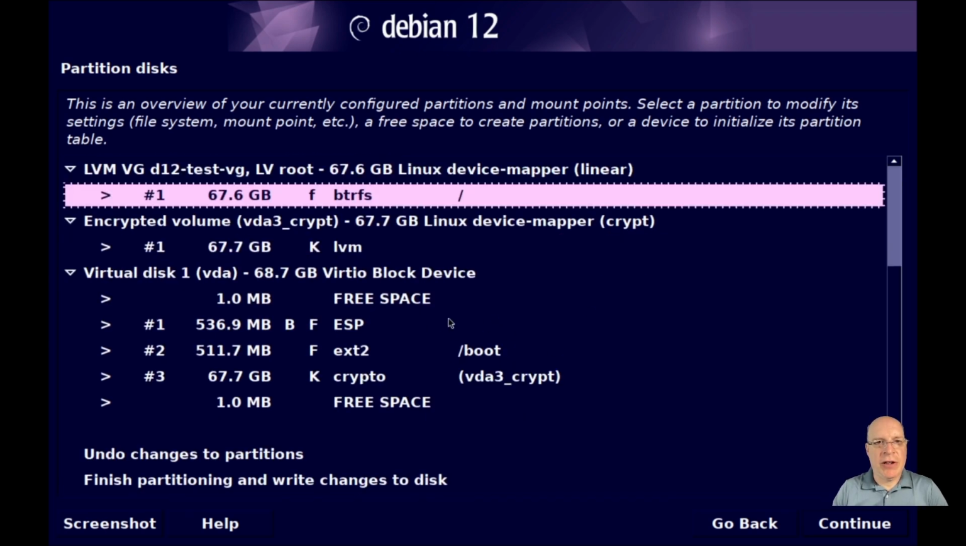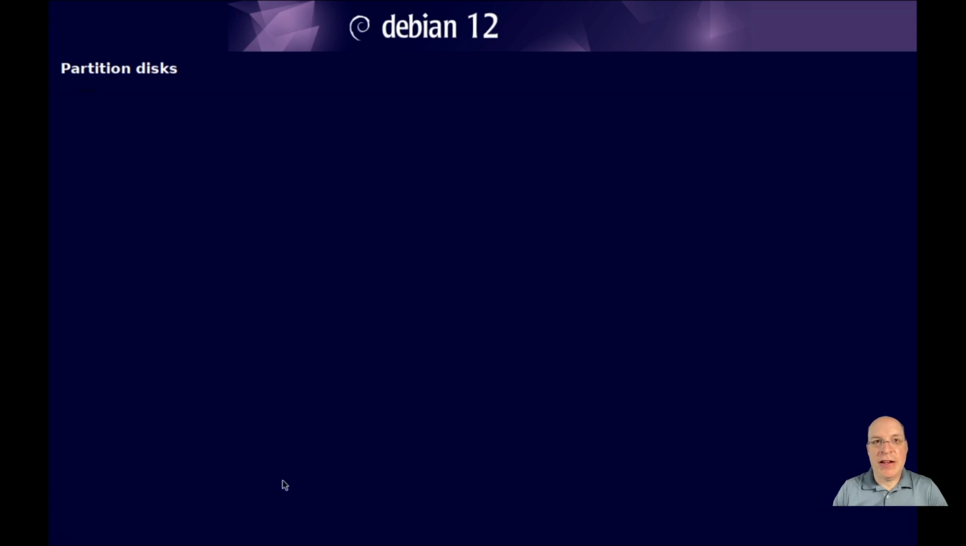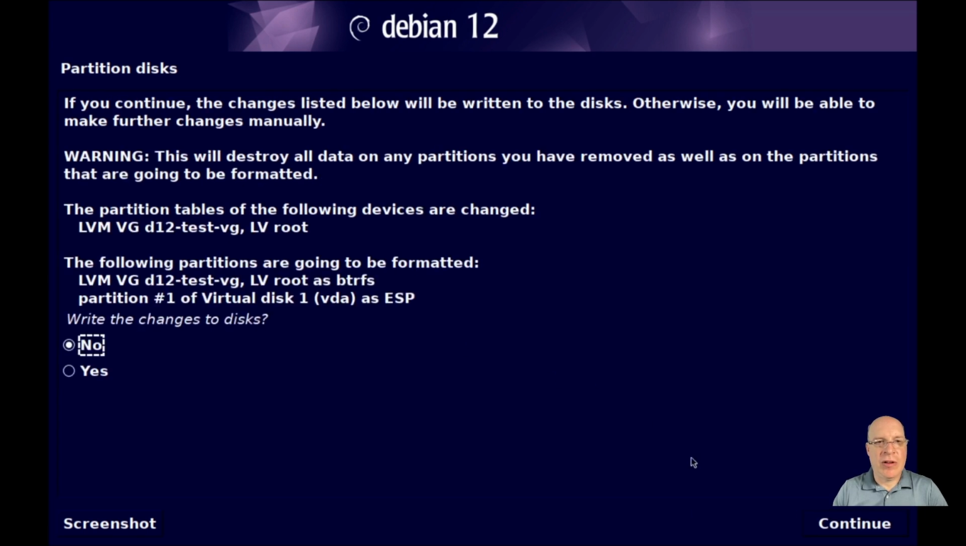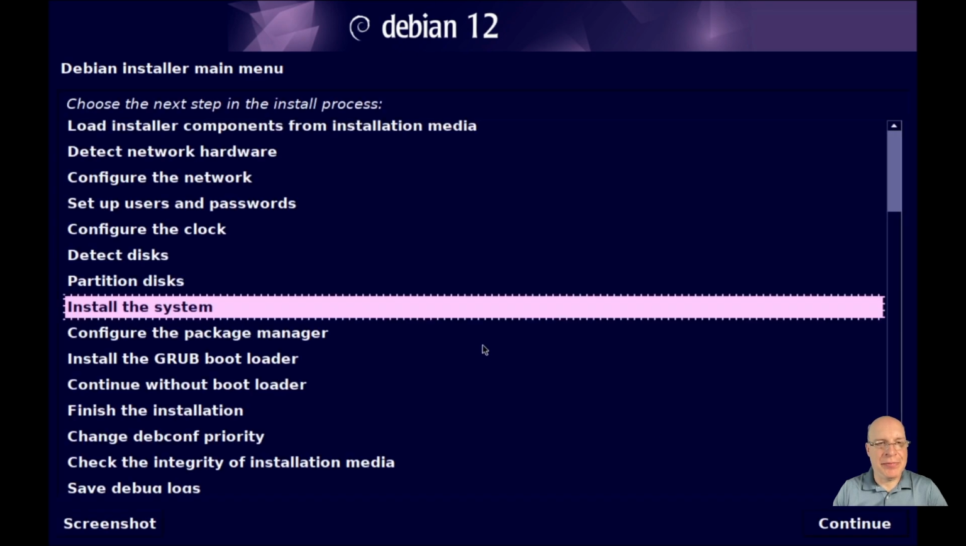So everything else looks pretty good. Notice boot is outside the encryption zone, and that's okay. The Debian installer won't allow encrypted boot for various reasons. So no, we indeed don't want swaps, so we'll go ahead and write the changes to disk. And now, before we install the system,